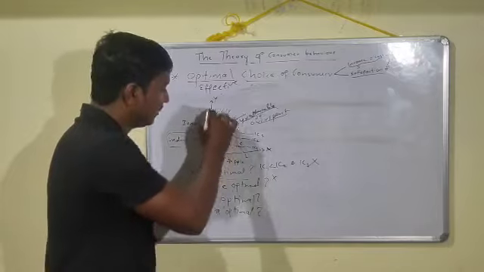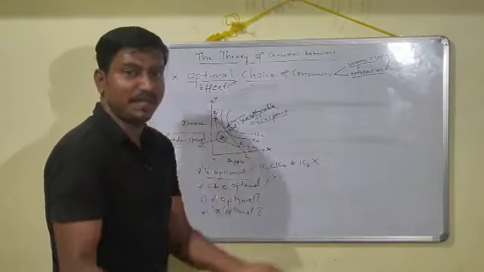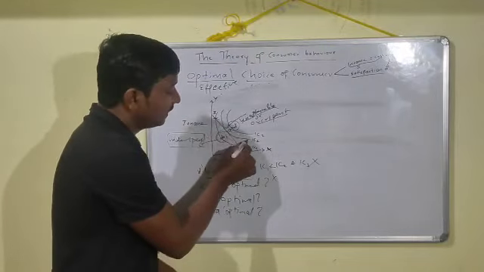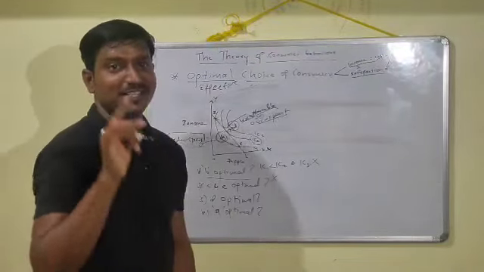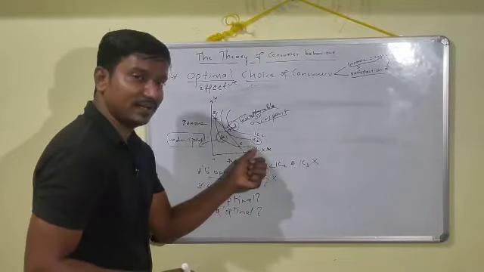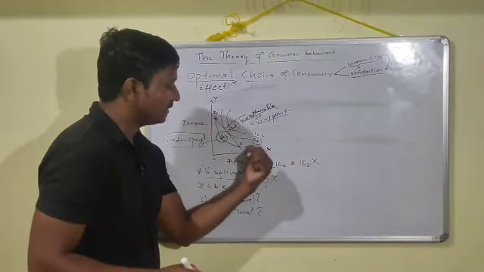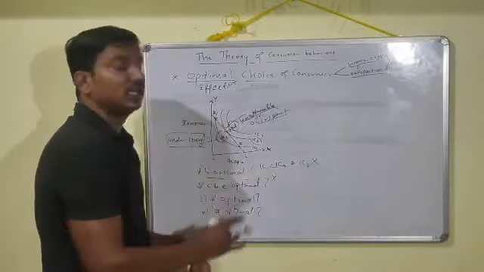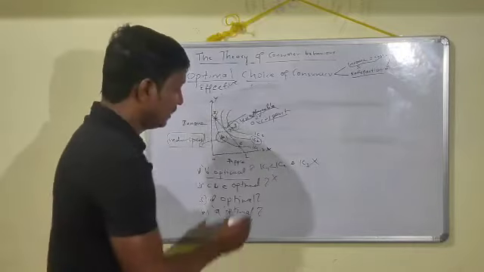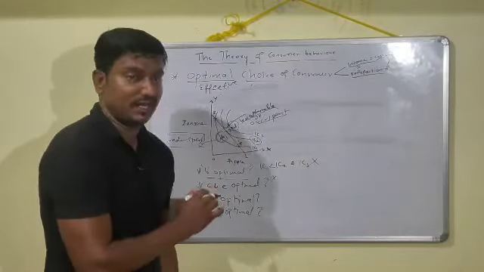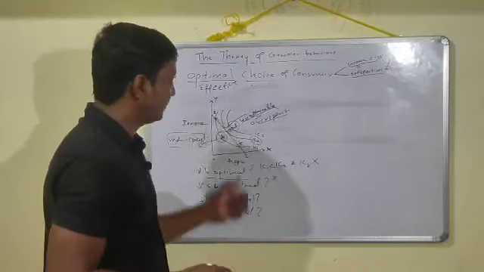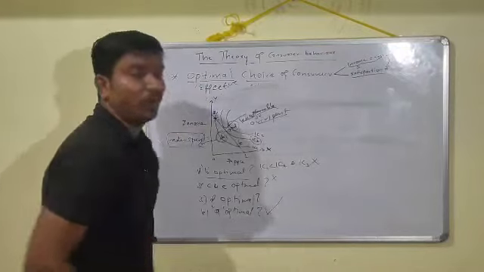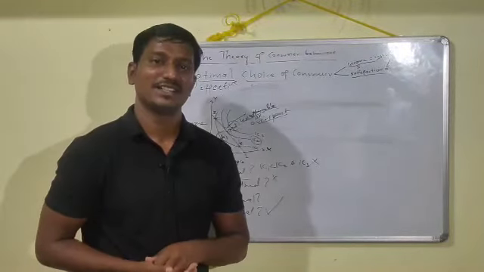Exactly, this point A is on the budget line, which means we are spending our income exactly equal to the cost. And the second point, what we have told here, is that it is exactly on IC2, indifference curve 2, which gives a higher level of satisfaction compared to IC1, and it may be less than IC3. But what we are deciding out of these 5 is which one is the optimal point here. So we have rejected all the points here and only A remains, and that gives a higher level of satisfaction within the level of income. So friends, we are going to accept point A as the optimal choice of the consumer.